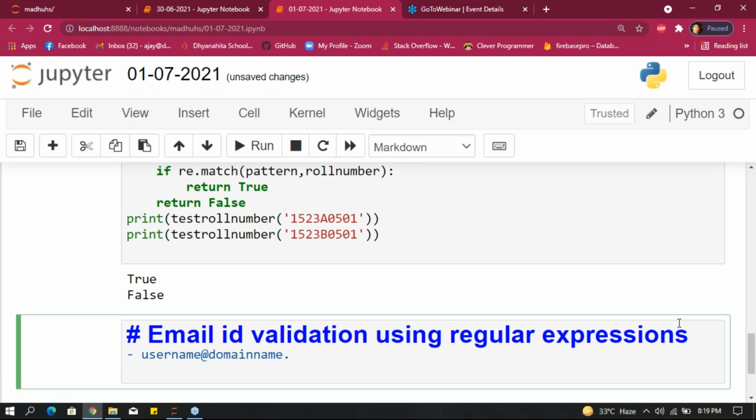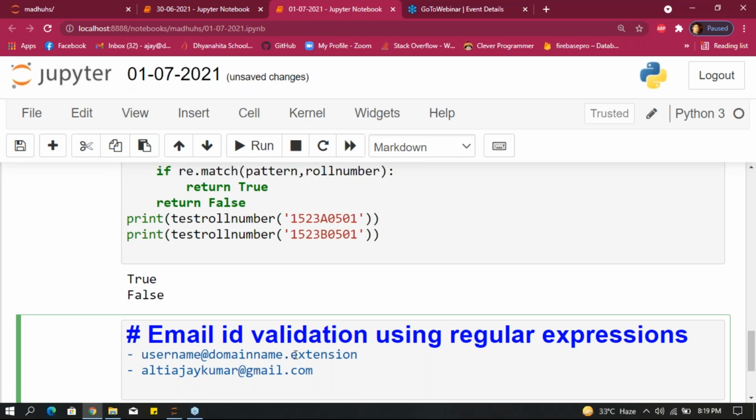For example, my email ID is this, at the rate gmail.com, right? This is my username, this is my domain name, and this is the extension.